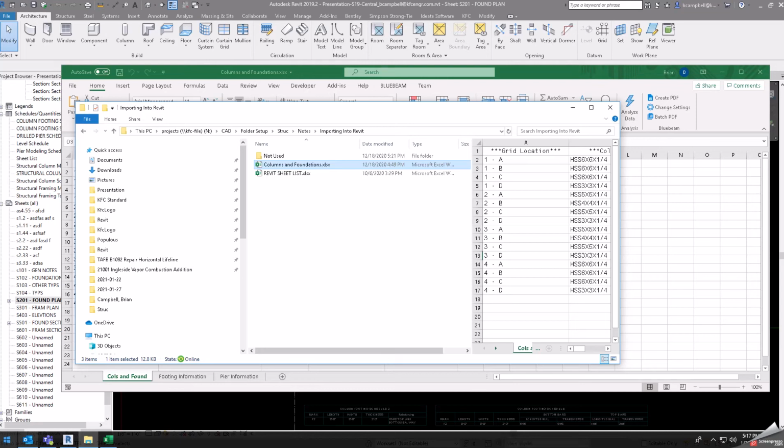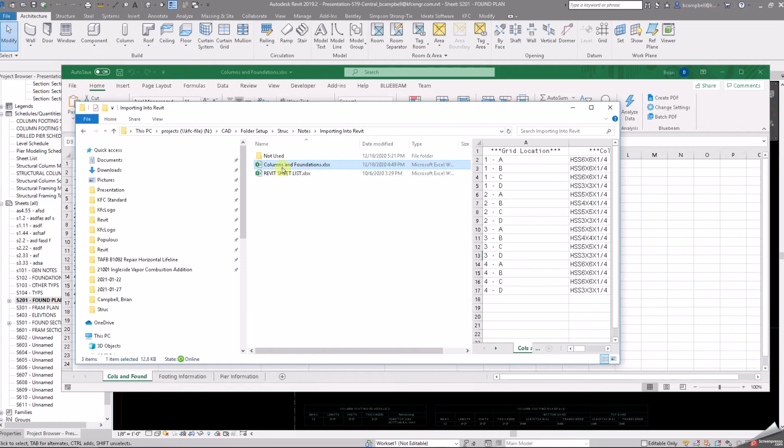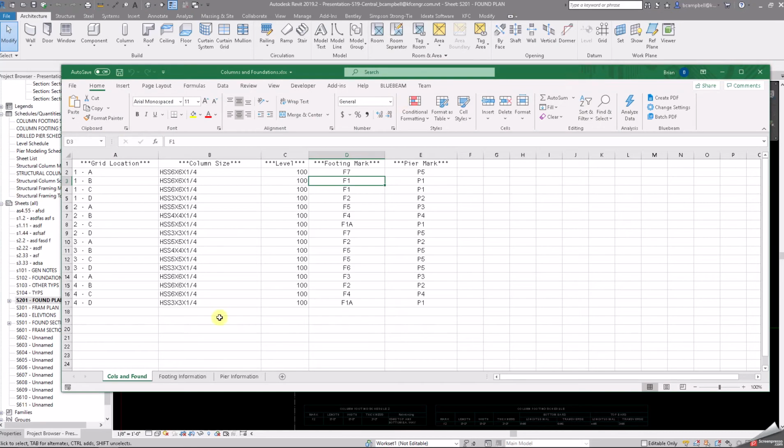So this video is on a new way of importing information from Excel to Revit. In every folder setup now, or if you just want to grab the file for an existing project, it's located under the CAD folder setup, struct notes, importing into Revit. You'll find this Excel file here, columns and foundations, and that is this file